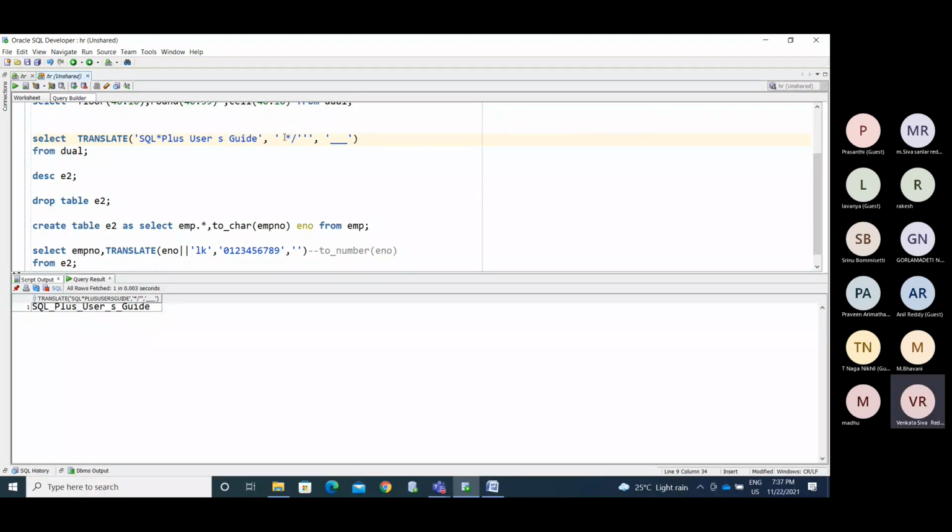If you have a space, it is replaced with a hyphen. If you have a star, it is replaced with a hyphen. If you have a slash, it is replaced with a hyphen. Now, in a similar way, it needs to work. If I use the translate here,